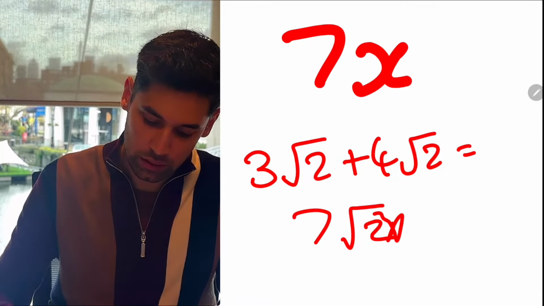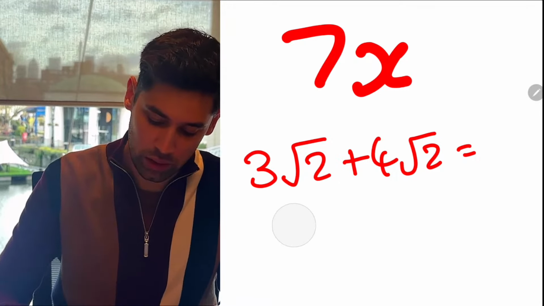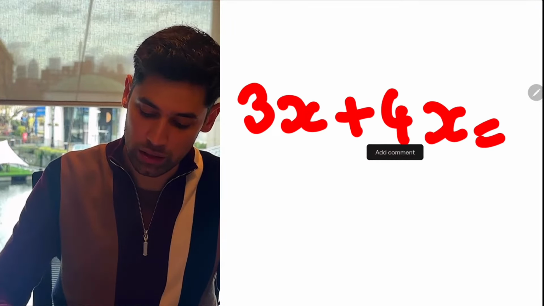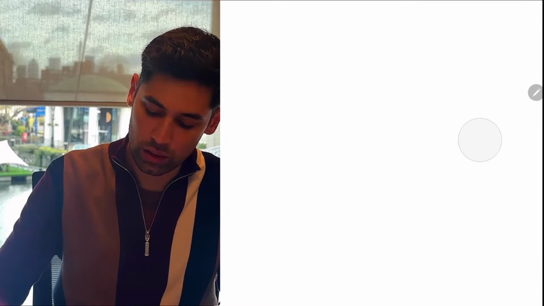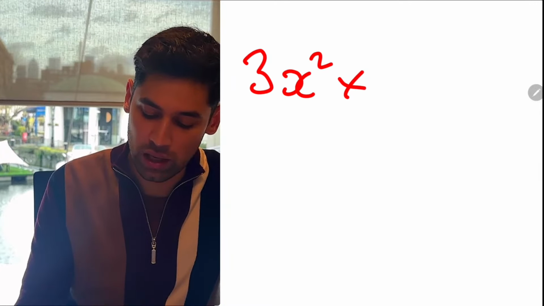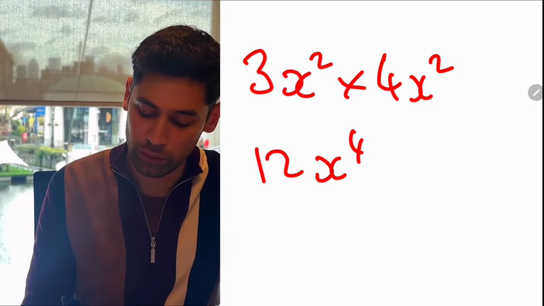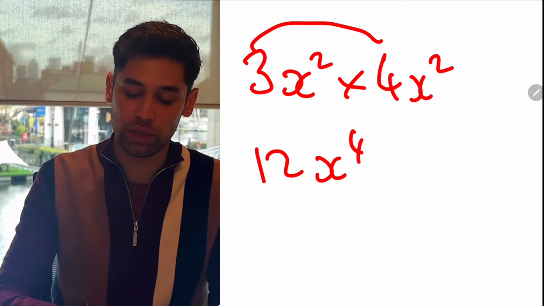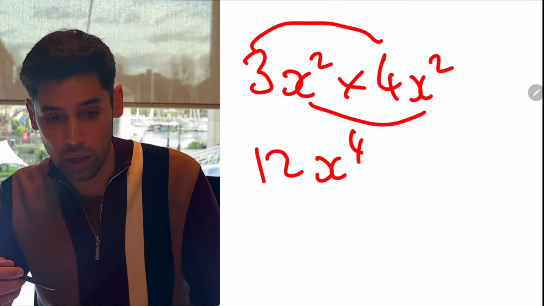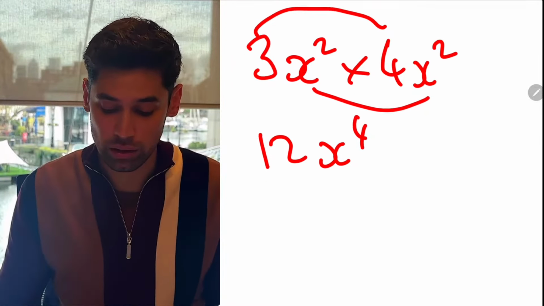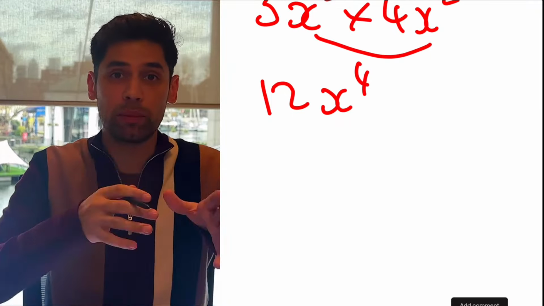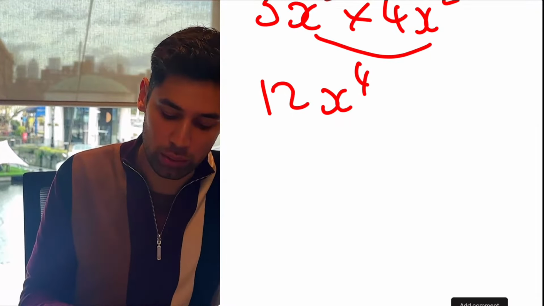So let's delete this stuff, and I'll do another example in terms of multiplying SURDS. When we're dealing with algebra, we have 3x squared times 4x squared, and that's going to give us 12x to the 4, with the idea being numbers go with numbers, letters go with letters. So the 3 times the 4 makes the 12, the x squared times the x squared makes the x to the 4. And once again, that's going to be the same with SURDS. Numbers go with numbers, SURDS go with SURDS. So for example,